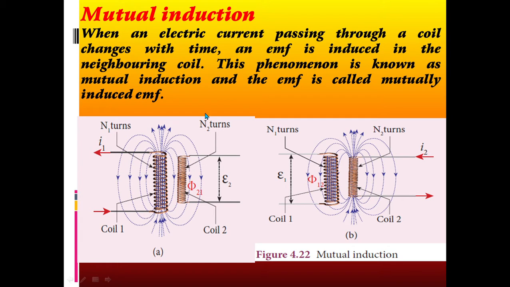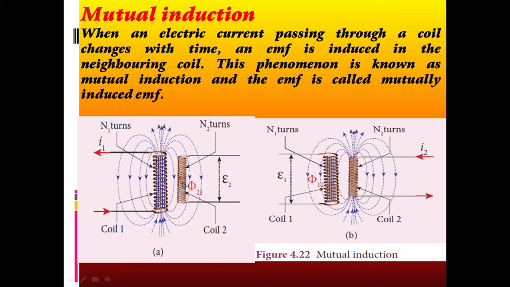So, let me consider two coils, coil 1 and coil 2. The current flowing through coil 1 produces a magnetic field. These magnetic lines of force, that means magnetic flux, are linked with the second coil, which produces an EMF in the secondary coil. So, first the primary coil and then the secondary coil. The lines of force produced by coil 1, the primary coil, link with the secondary coil and produce an EMF in the second coil.